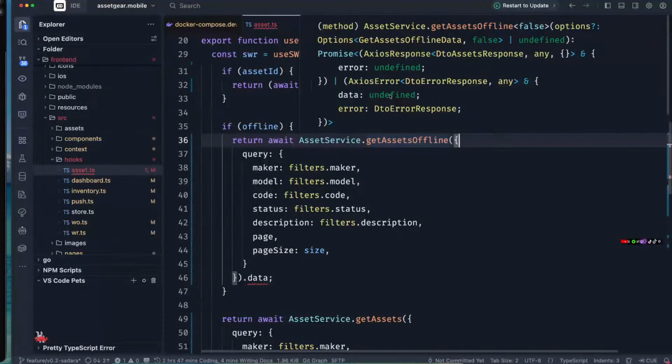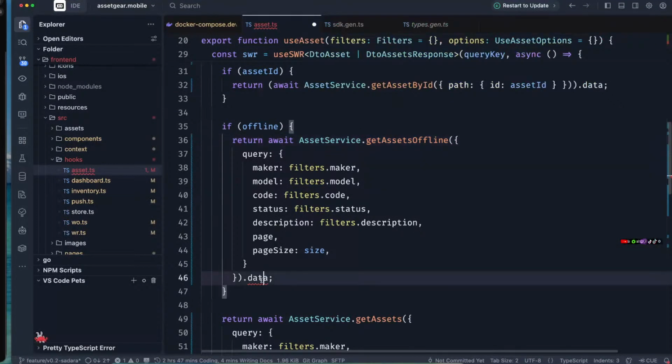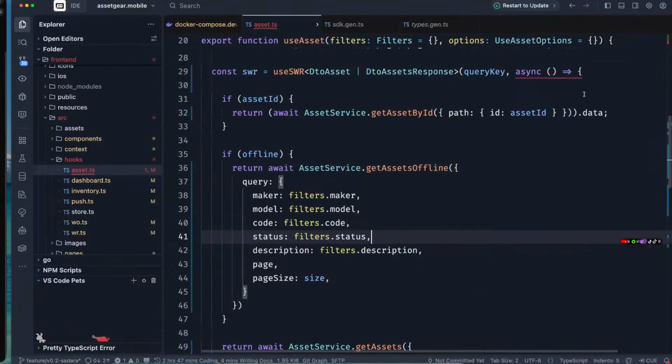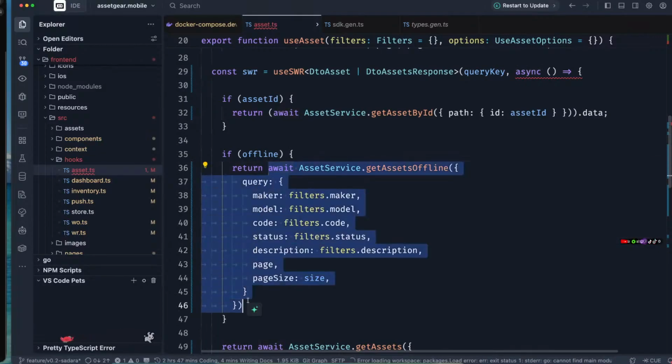So the data is undefined. This one here allows us to define the data. Okay. So the whole guy, once he awaits,